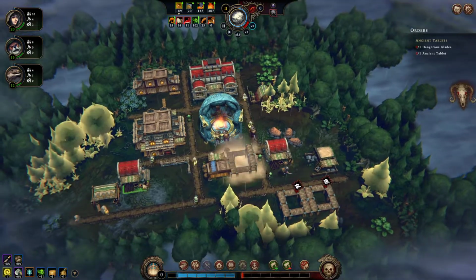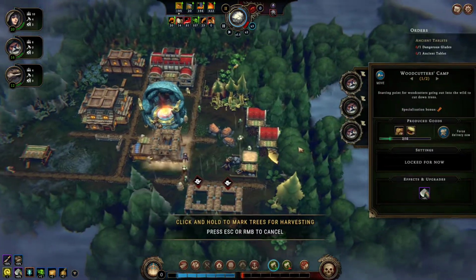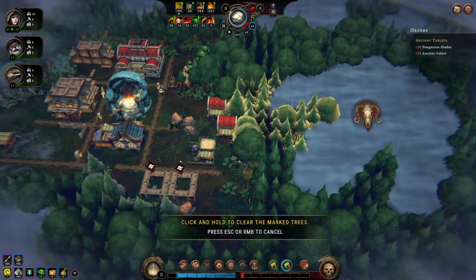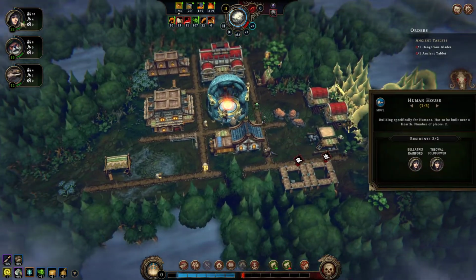Just go like that. And now we can move all of our wood chopping over here, and we can make a beeline straight into here. Like that. Remove all the rest of it. There we go. And now my humans, if we look at my...